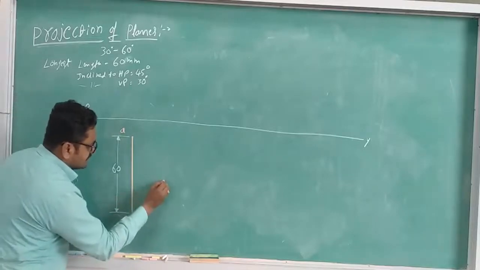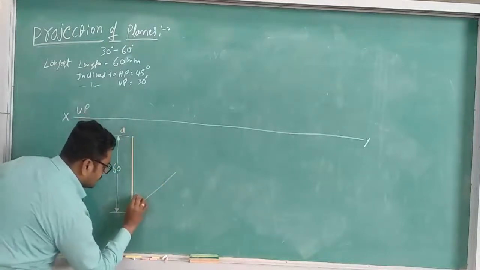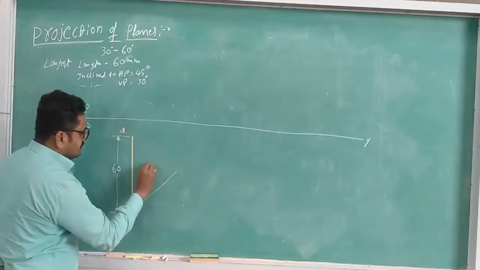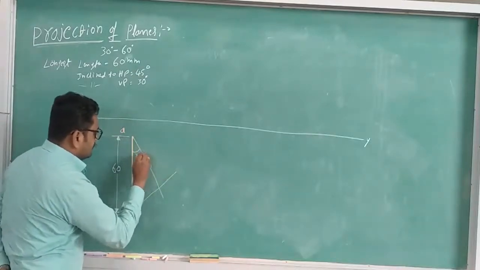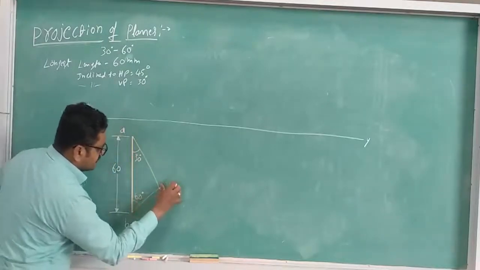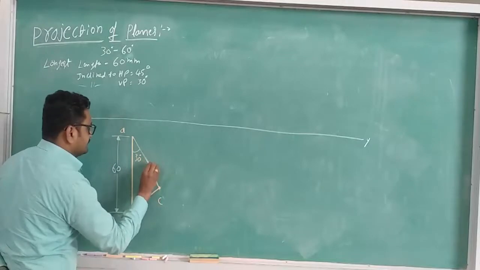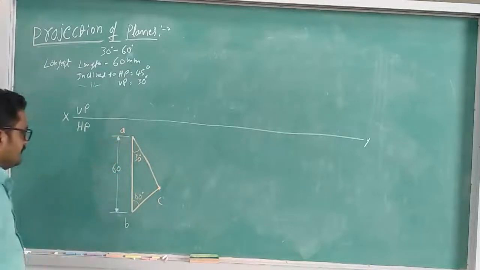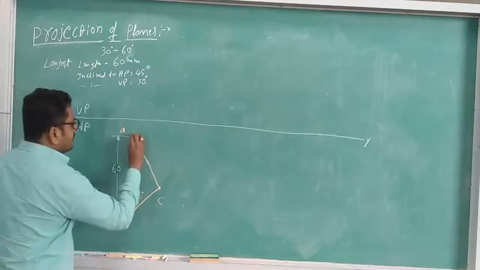From here we mark the 60 degree point and draw the line passing through it. And same way from here mark the 30 degree and draw one more line passing through it, and the intersection point will be our third point, that is C. The extra lines you can erase and make this one visible. Now we got the set square ABC of 30 degree, 60 degree with longest side 60 mm, and the front view looks like a straight line.